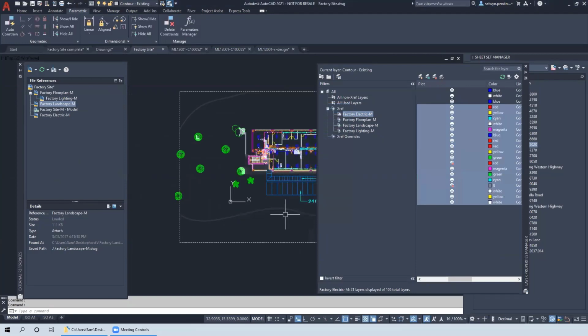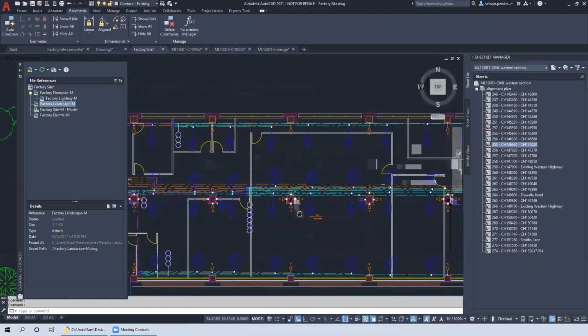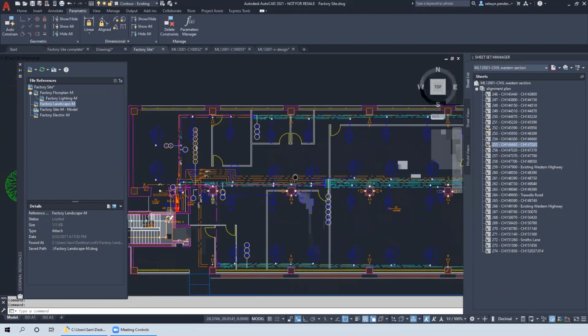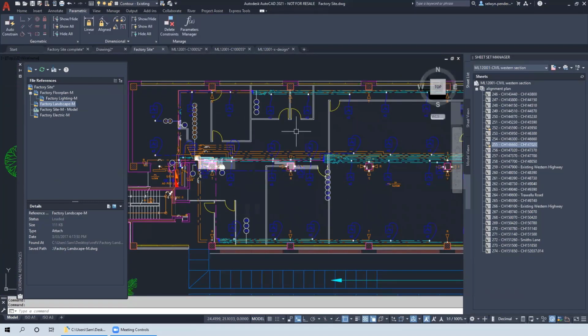Just go cyan because that should stand out a bit. Okay, when we close a drawing with XREF in it, sometimes it won't save the layer overrides and things that we make in the drawing. Those controls are set with a tool called VISRETAIN. So if I type VISRETAIN at the command line,